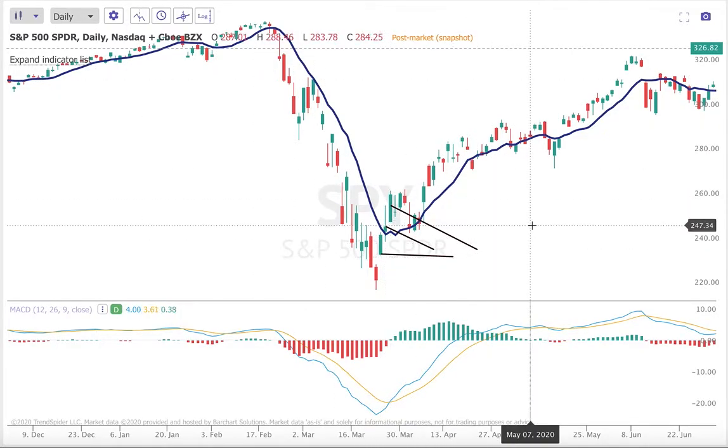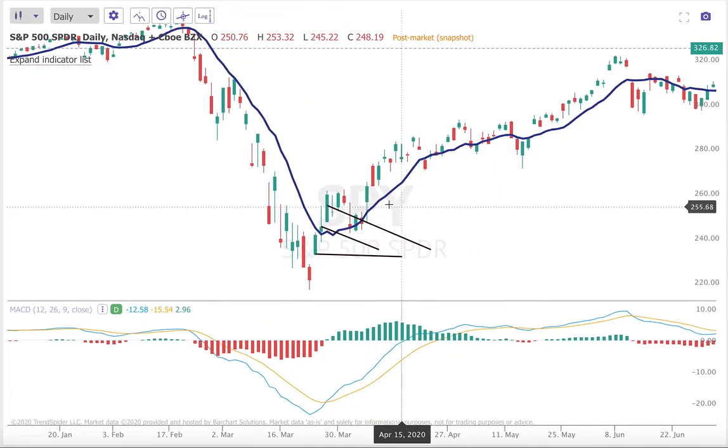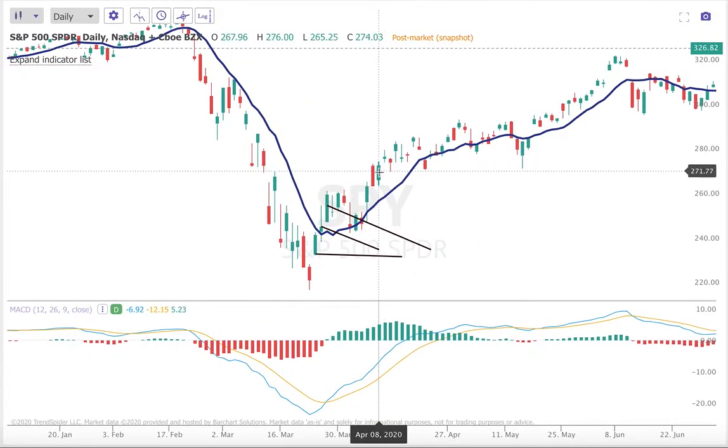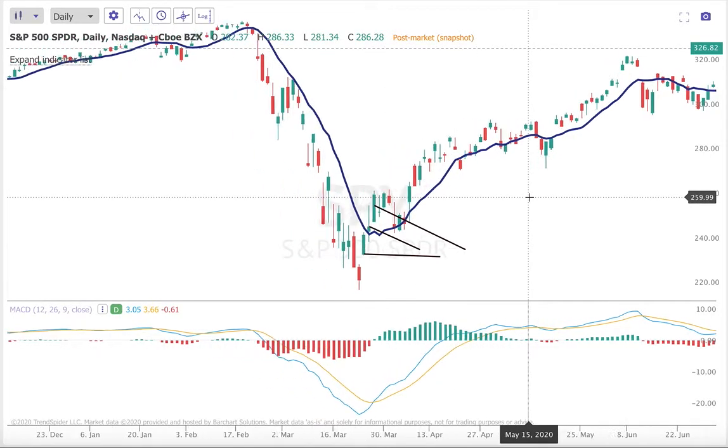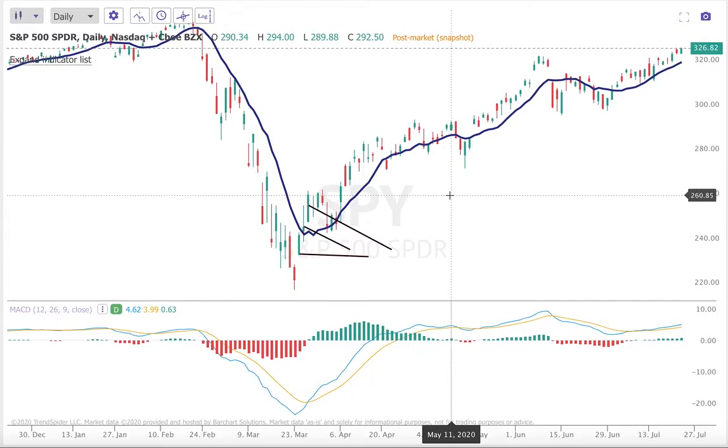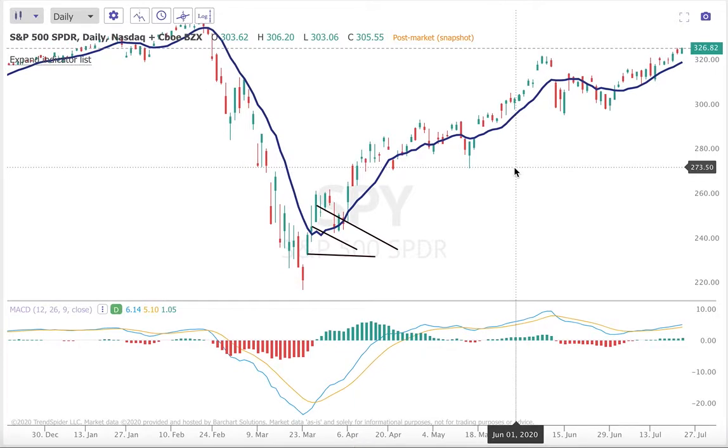So you have entry and add, and then you're in this trade with your stop below the previous candle's low right there. What you do is you scale on gap up days, and you ride this trend until you have a reason to get out, until you have a MACD cross or price starts to break below the 10 SMA. But you have another